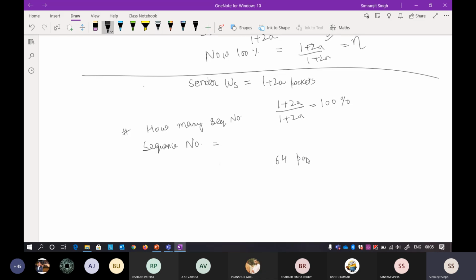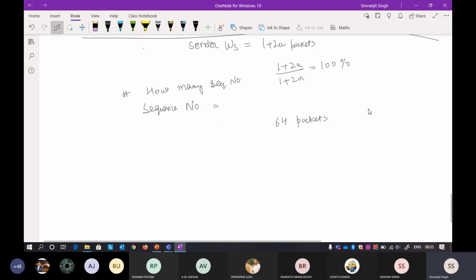How many bits are required to represent 64 numbers?